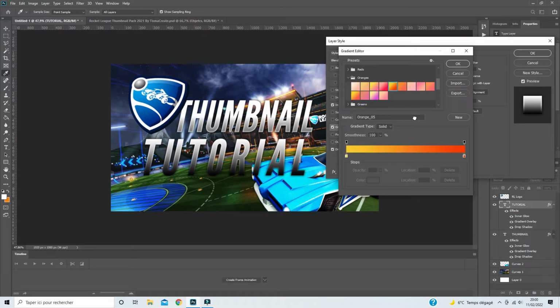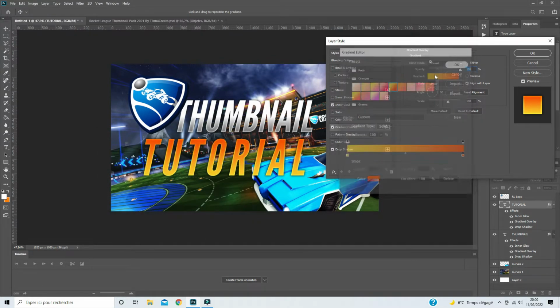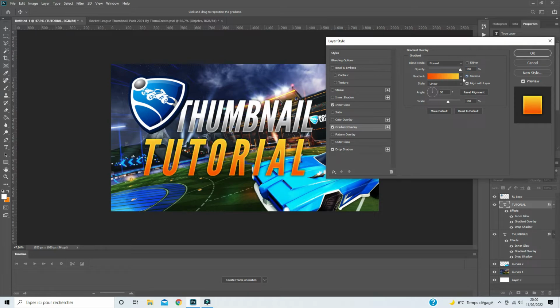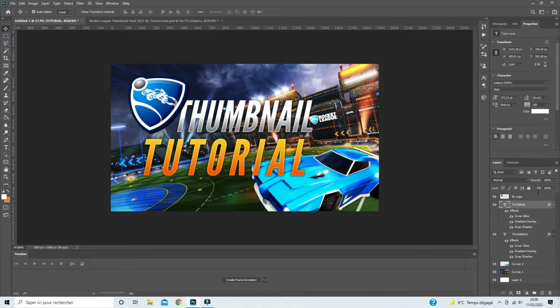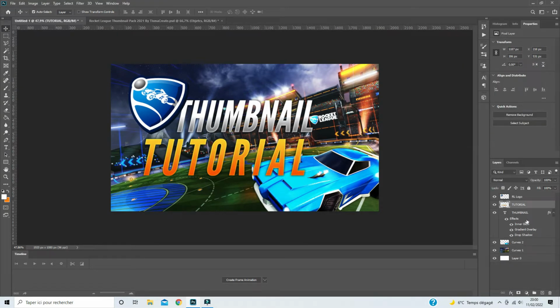I'm just gonna select this one, boom, and I'm just gonna change the color to a more dark orange and not a red color. So boom, click on reverse, yeah, like that. It's looking pretty good. Hit OK. I'm just gonna rasterize the layer style of these two